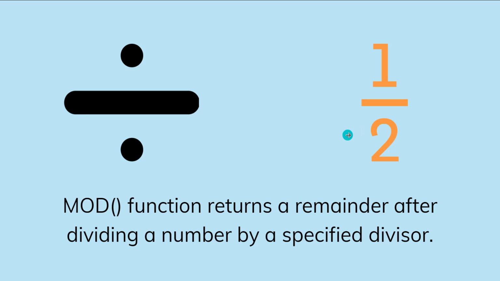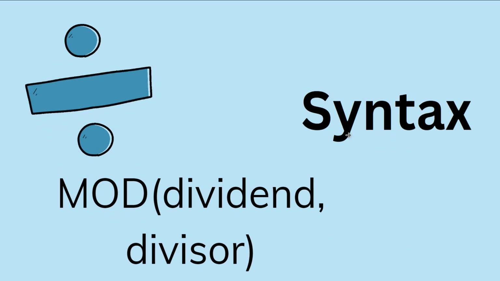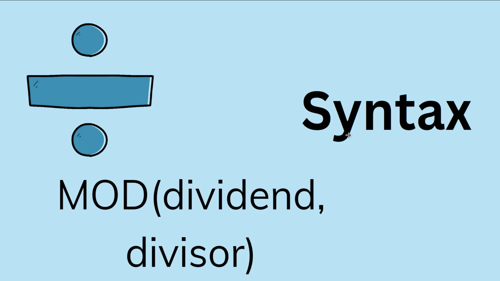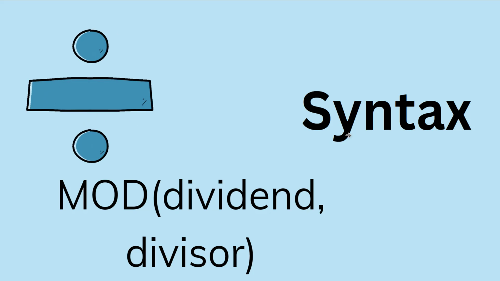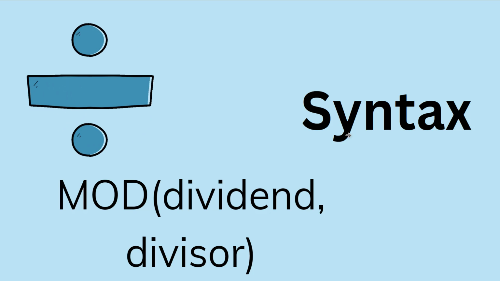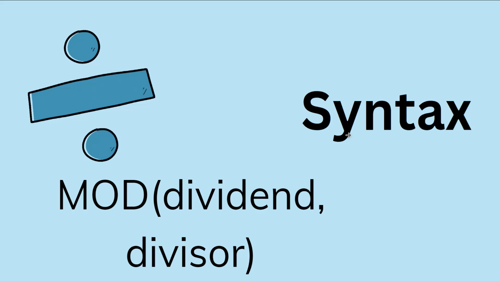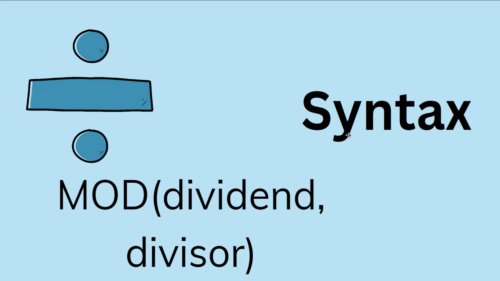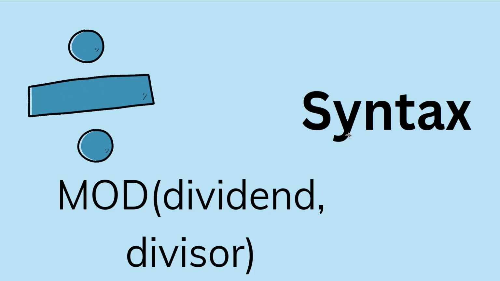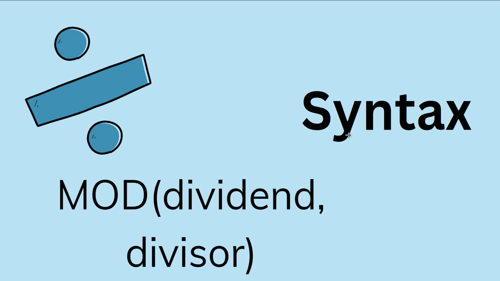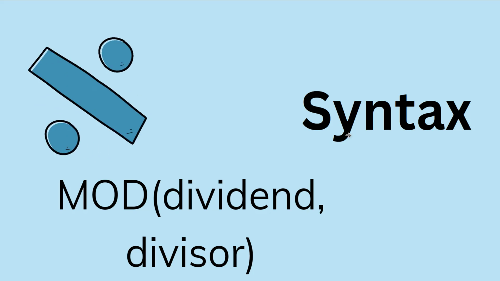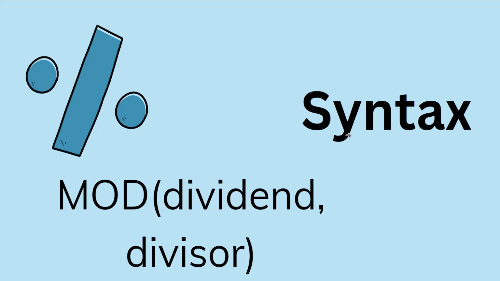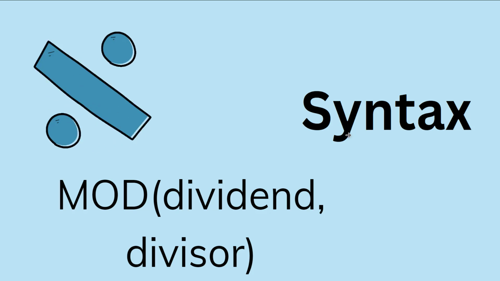So let's see the syntax of this function, how it looks. Here the syntax is given on your screen. We have a divisor and a dividend as parameters to it. The divisor is the number by which the dividend is divided, and the dividend is the number that is being divided. The value parameters, dividend and divisor, can be any field, constant, number, or a complex formula also. So let's proceed and learn with an example how we can use this mode function in Salesforce Lightning.